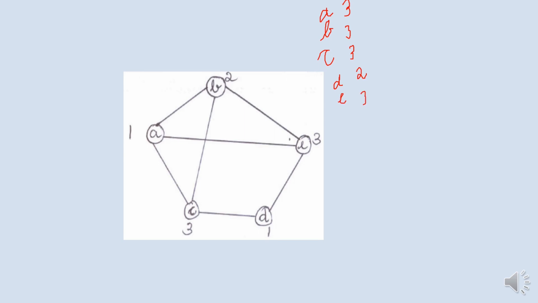So the degree of this graph is D equal to the maximum among these, which is 3. So I can color this graph with 3 plus 1 colors, that is 4, at most. But I want to use the least possible colors such that adjacent vertices do not get the same color, and this can be done with an M value of 3. By taking only 3 different colors, I can color this particular graph.